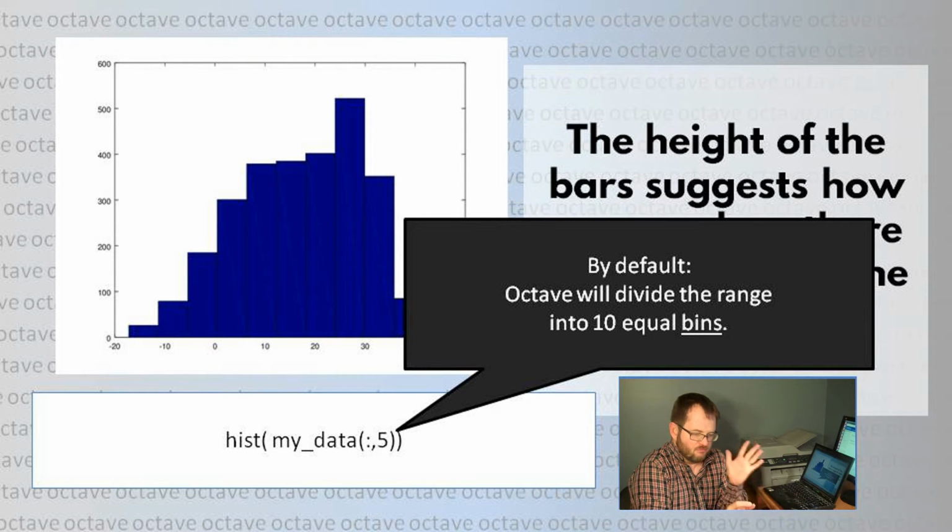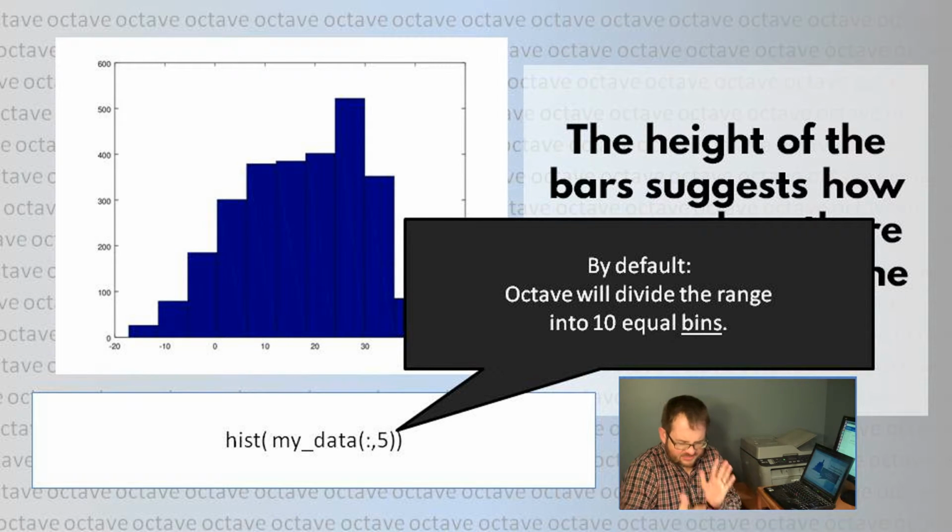So the first bin goes from the minimum to the minimum plus the quantity, maximum minus minimum, divided by 10, and then the next bin and the next bin, all the way up to the maximum. That's neat, but those aren't going to be round numbers, okay? The minimum is not necessarily going to be a nice round number like 10 or 20 or negative 10 or negative 15. It's going to be whatever it was, negative 11.3. And the maximum is going to be whatever it happens to be, 17.8. Well, then your range is from negative 11.3 to 17.8, and you divide it up into 10 equal pieces,